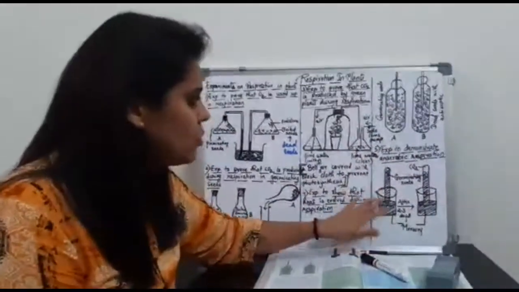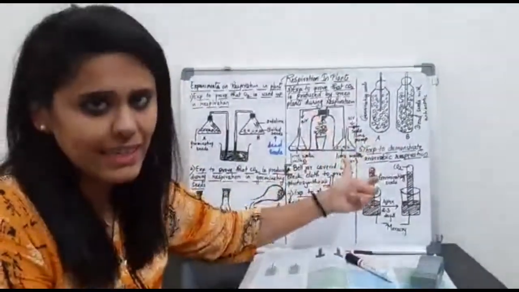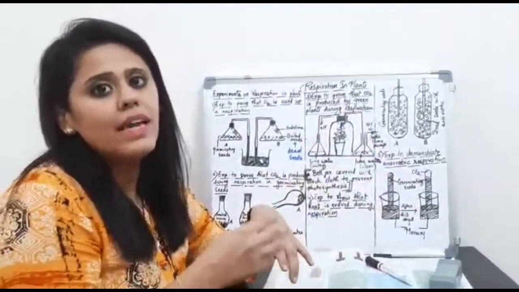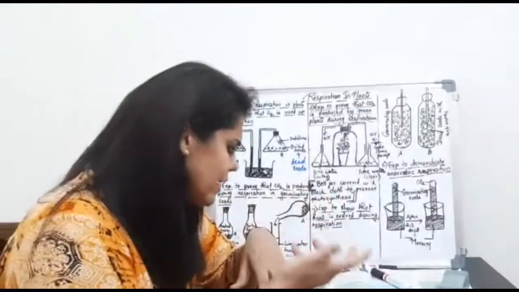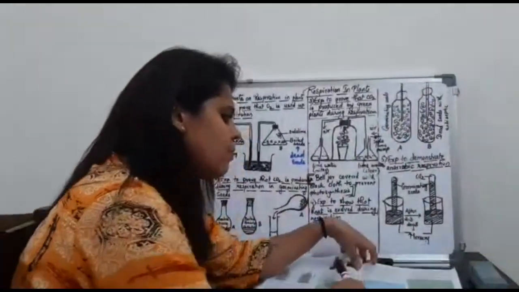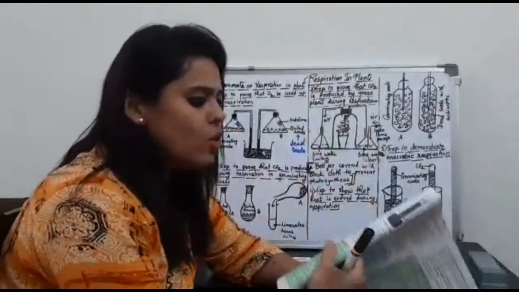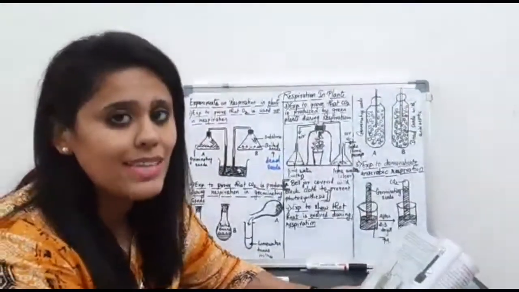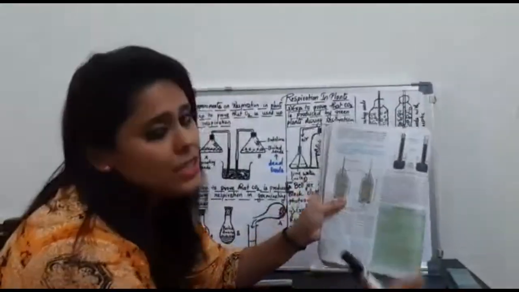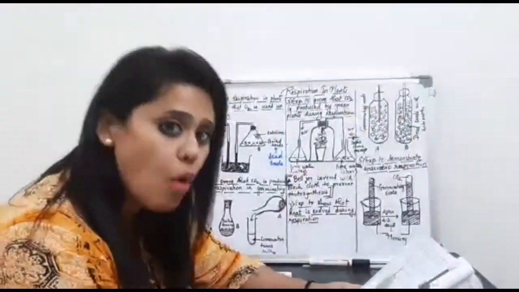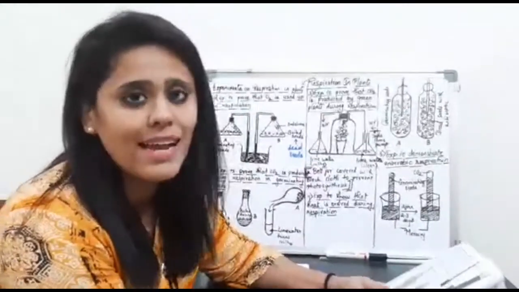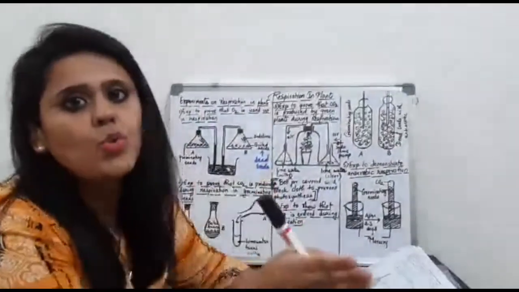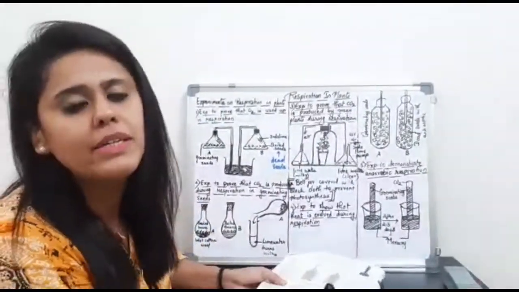Now, what exactly you have to do? You have to take 7 to 8 seeds and peel off the seed coat. Why? Because here we have to prove anaerobic respiration. There is a reason clearly mentioned in your textbook for peeling off the seed coat of the germinating seeds before introducing them into the test tube. It's clearly highlighted in your textbook also, and I would want you all to know the reason before understanding the experiment. That is because it may fasten the outward diffusion of carbon dioxide.